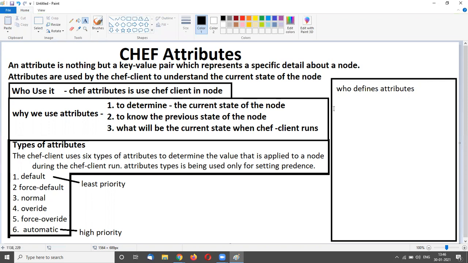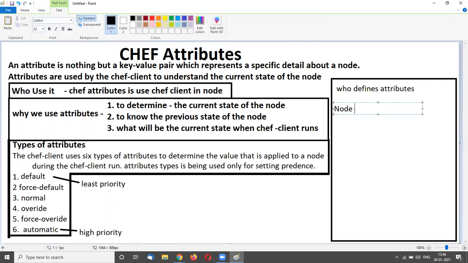So first is node, the node is the source of attributes, collected by Ohai at the start of each chef client run.